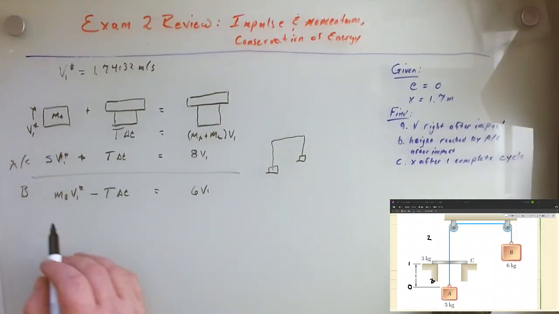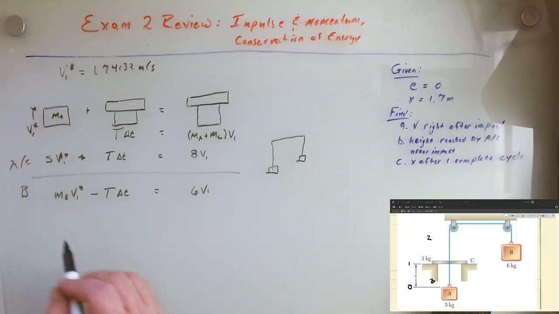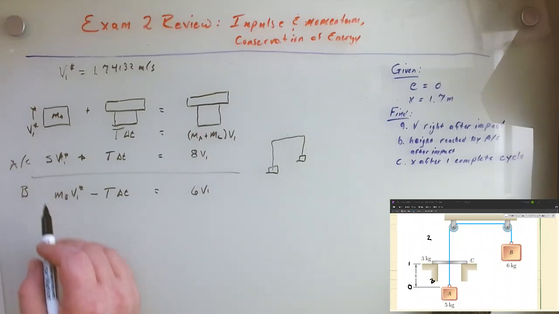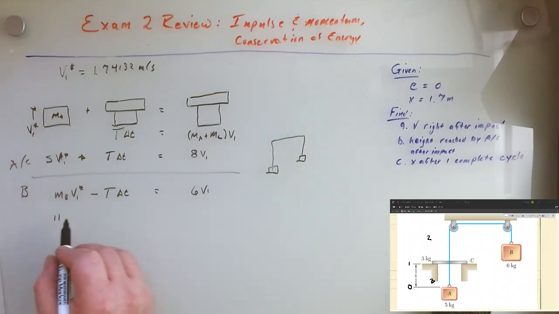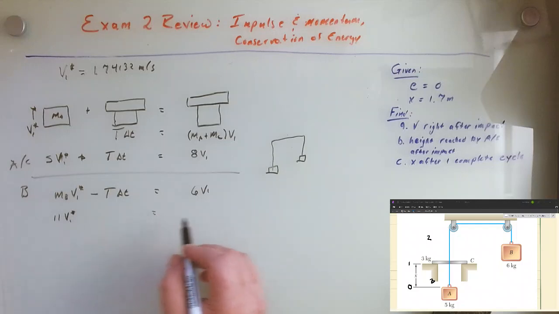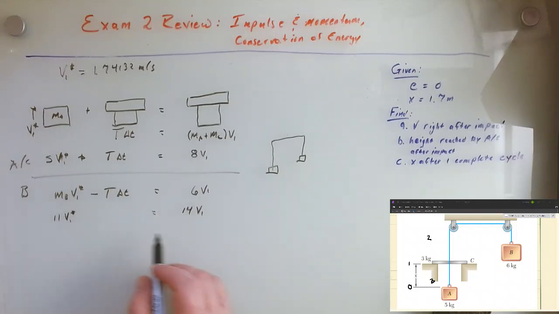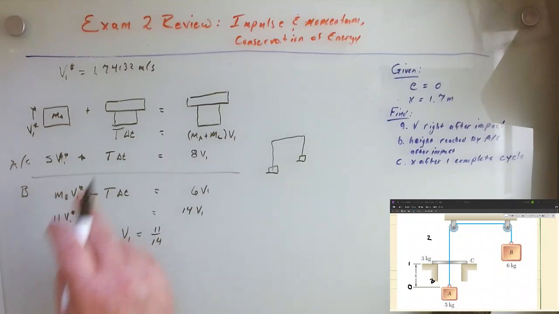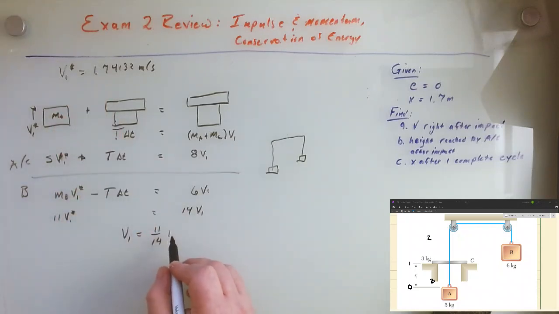So if we add these together, then we get 11 times v1 prime, this goes away, equals 14 times v1. So then v1 is just 11/14 of this v1 star, which is